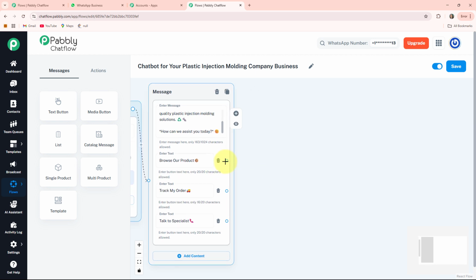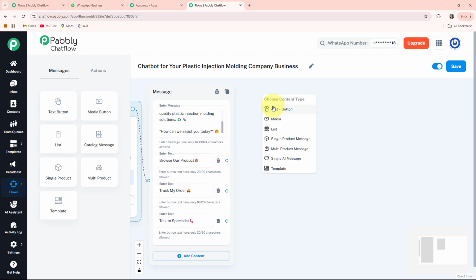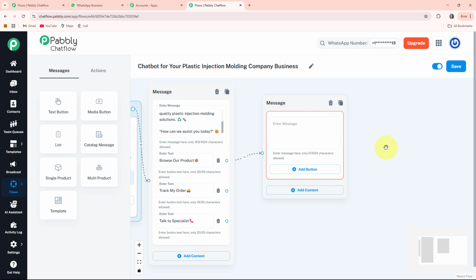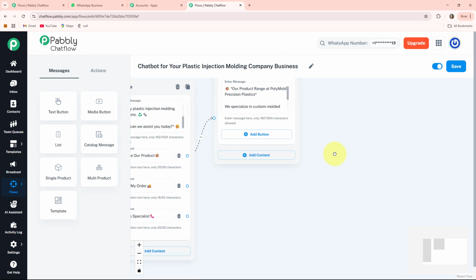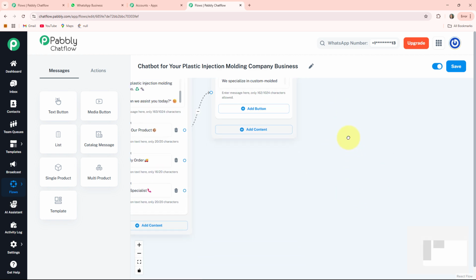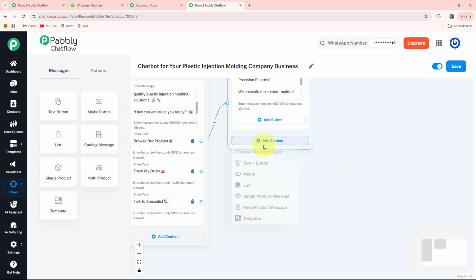For that I am clicking on this circle, drag a line, choose content type as text plus button. It will provide me one enter message box where I can write my message. Here I write it. Now I am adding some products by clicking on this plus add content button, choose content